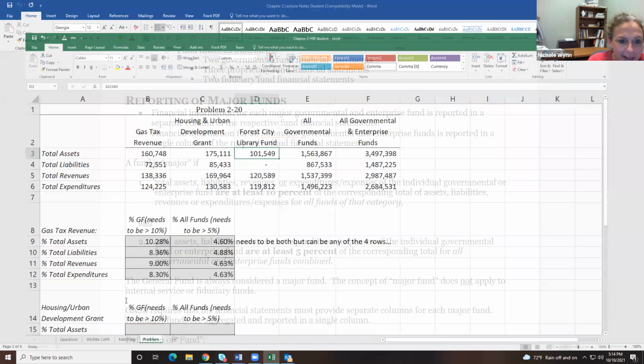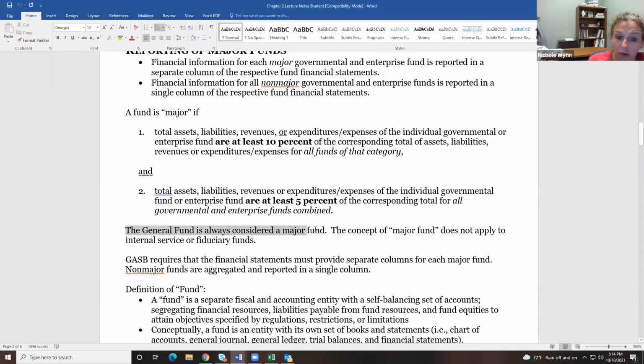So, okay, next. One thing to keep in mind, the general fund will always be considered a major fund. The general fund, we haven't really talked about it yet, but you're going to talk a lot about it. That's what chapter 4 will be, the whole chapter 4. But the general fund is where most things run through. So the police department, fire department, all that kind of stuff. And it will always be considered major. It would be considered major numerically anyway, because a lot happens in the general fund, but you don't have to run the numbers. And we only do this major fund situation for governmental funds and enterprise funds. And so we don't have to do it for internal service and fiduciary funds.